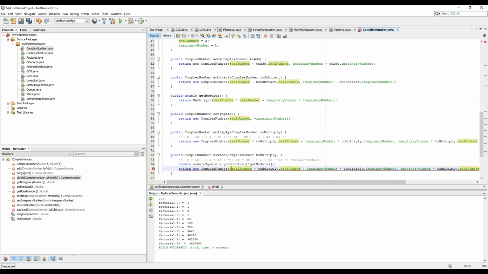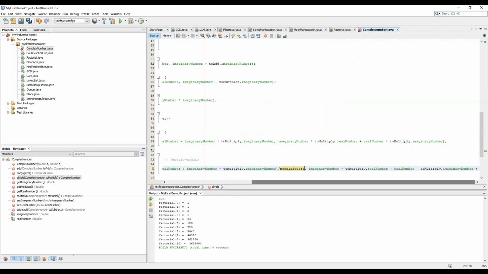So take the real part here and divide it by modulus square, and similarly for the imaginary part here we can take the imaginary part here and divide it by modulo square.